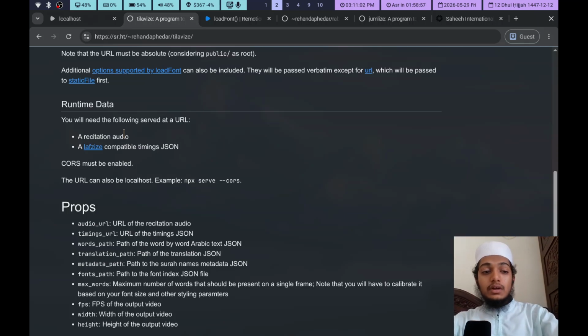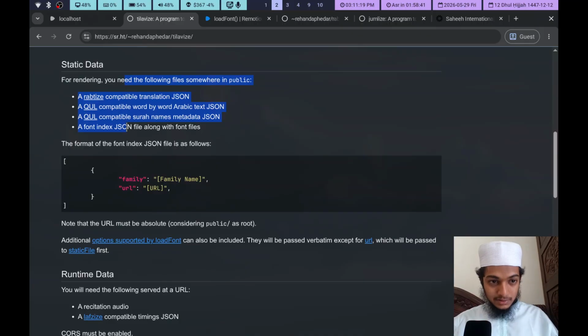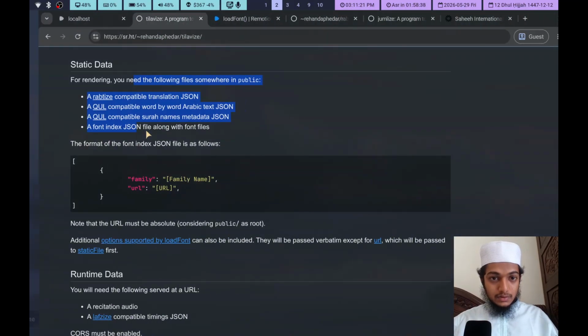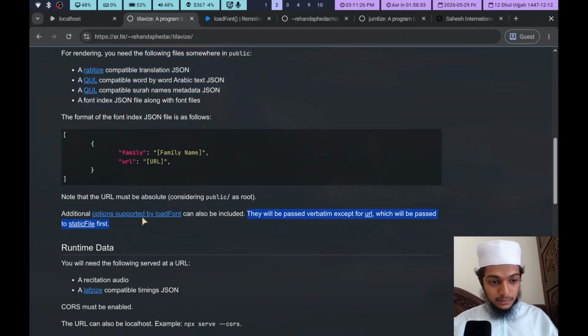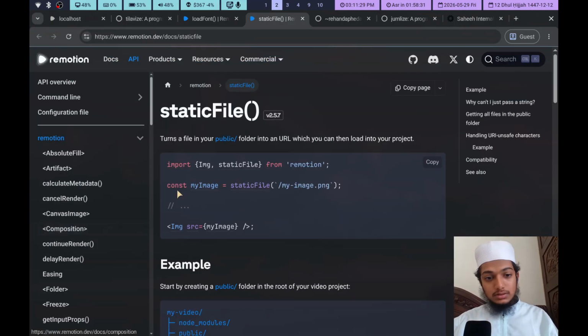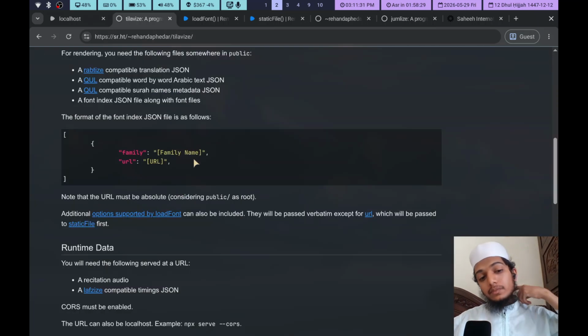If there are files that you expect will change with each run of the program, one option is to put them in public, pass that to static file, and it's used. But that's a bit of a hassle.